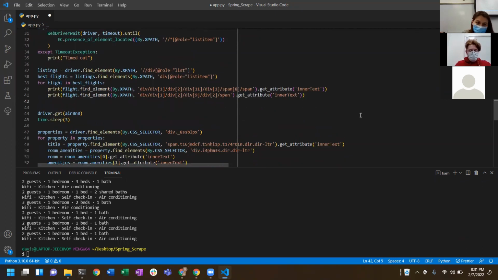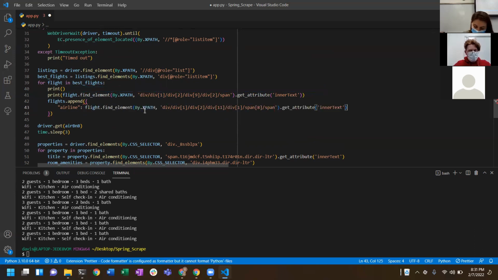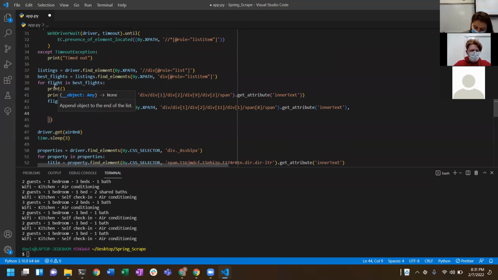Instead of printing them, we could say flights dot append and actually add an object to our flights array, and we'll give it an airline parameter, in which we'll take this airline line here. And no need to really follow this along, but if you'd just like to watch and learn,